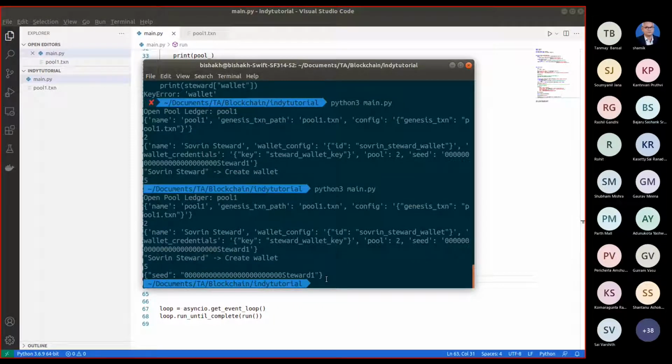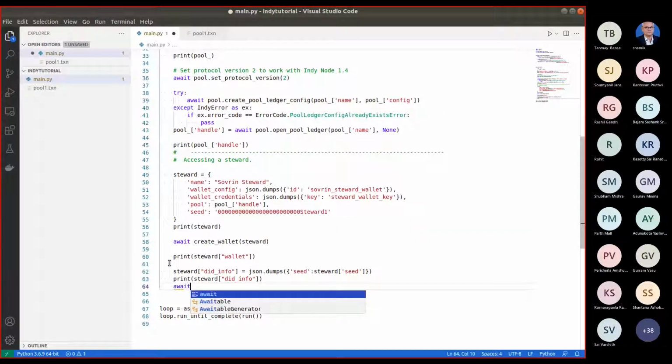So this JSON will be used by the Indy library to generate the private key of the steward. Okay, let's do that. So we will be using await did